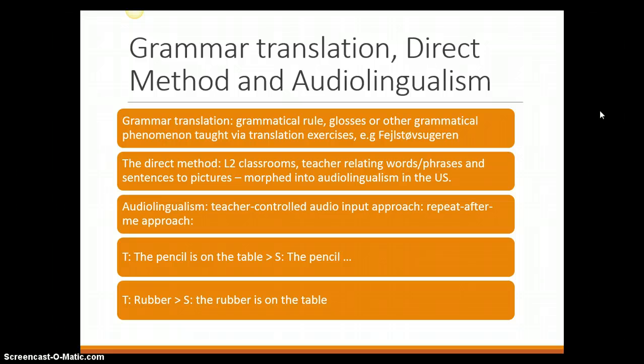That would be a great approach because everything could take place in English, but if you look at the audiolingualism way, it's rather trite. Here it's completely teacher controlled with an audio input from the teacher, like repeat after me procedures, such as the teacher might hold a pen in his hand and then put it on the table and say, okay, the pen is on the table, and then the class would repeat after him or her,